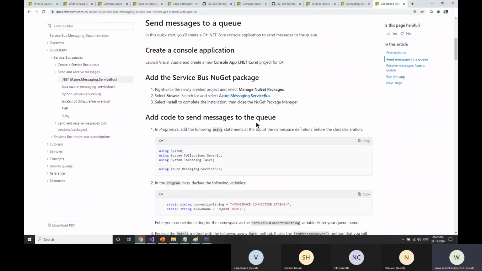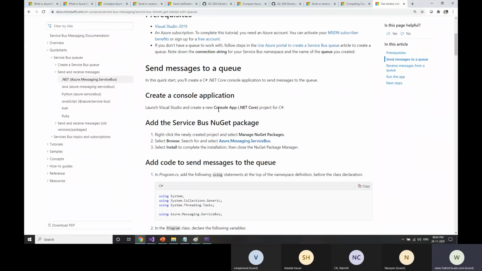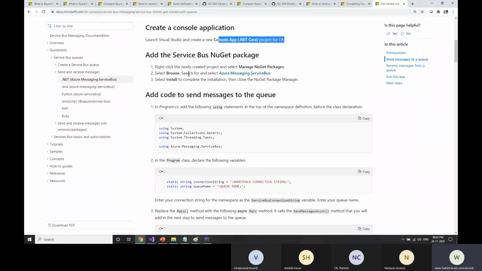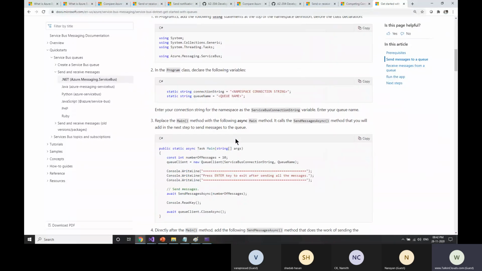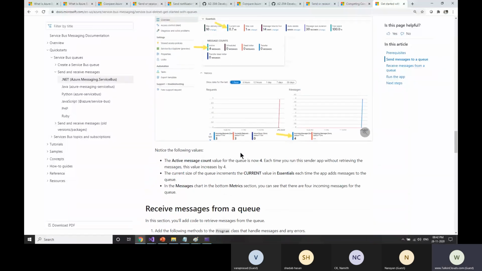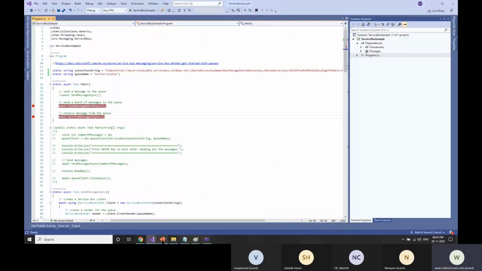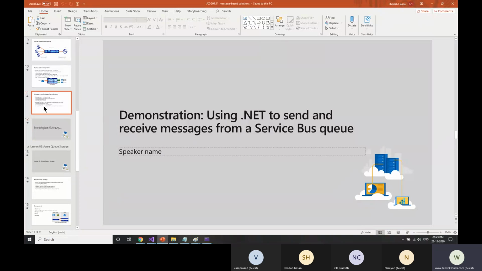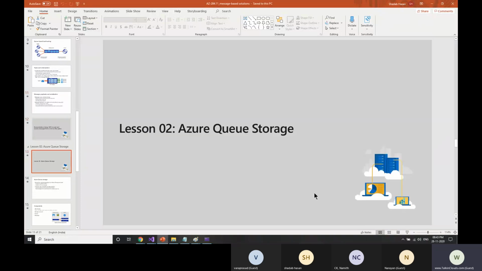Here we are creating a .NET Core console application, and we are using a NuGet package for Azure.Messaging.ServiceBus to achieve that. Okay, so this is the simple code, and this is how the service bus queue works.